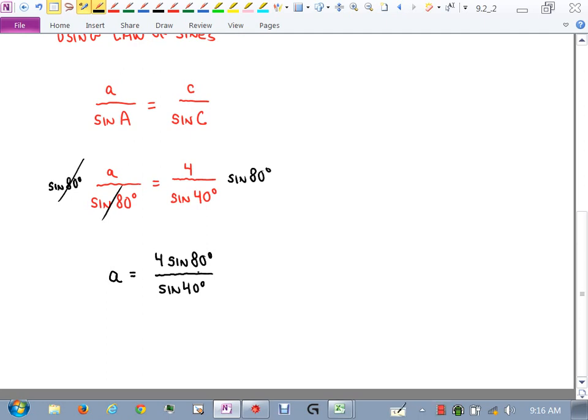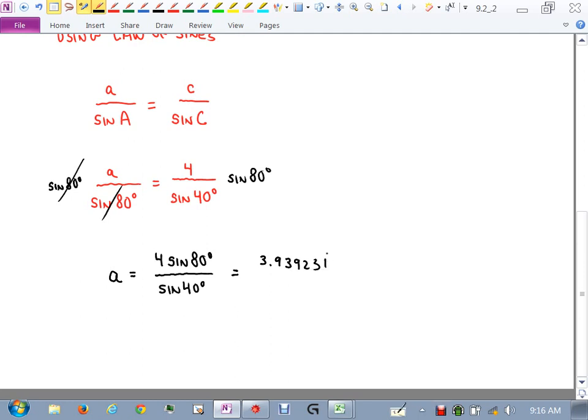So now, on my calculator, I'm going to make sure that I'm in degree mode because my angles are given to me in degrees. I don't know what mode I'm in. Oh, I was in radians, so that would have been a problem. So I'll take this kind of slow. Sine of 80 degrees. So if I take 4 times sine 80 on top, I get